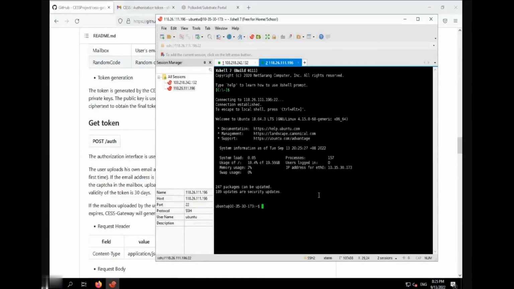Once this has been completed, you need to switch to root privileges.